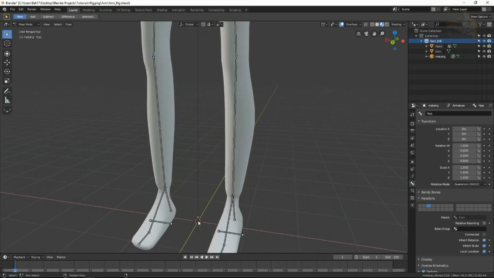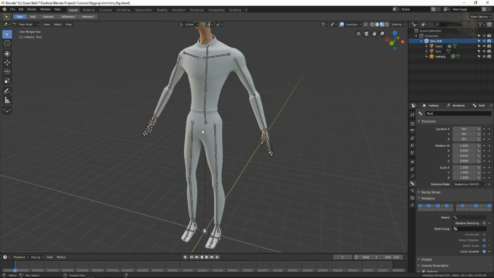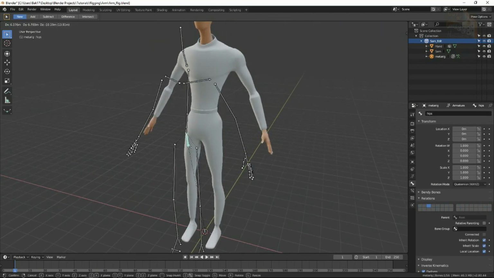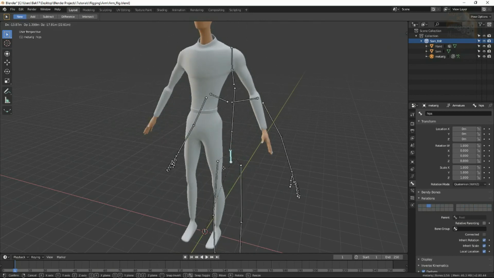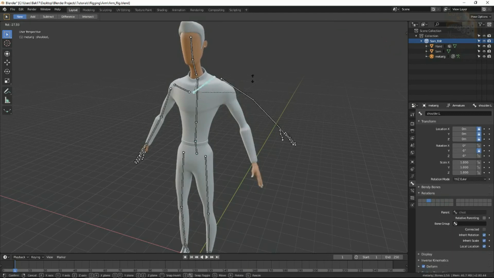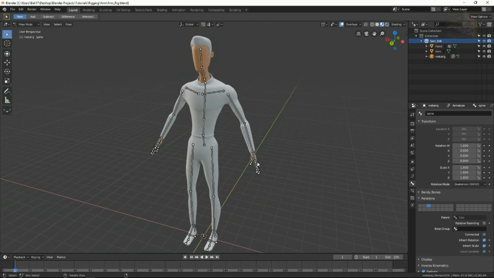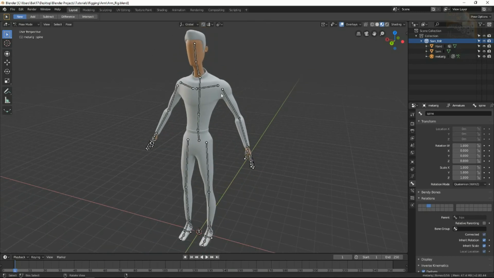So if we move the root, all the skeleton should be moving, and that's okay. If we select the hips, all the body except the root should be moving, and that's okay. Same thing for the arms and fingers. That's okay. That's okay. And that's okay. So the way it works is that you want to keep this bone parenting always consistent, because sometimes inside Blender